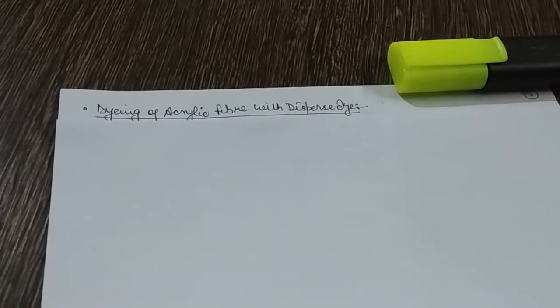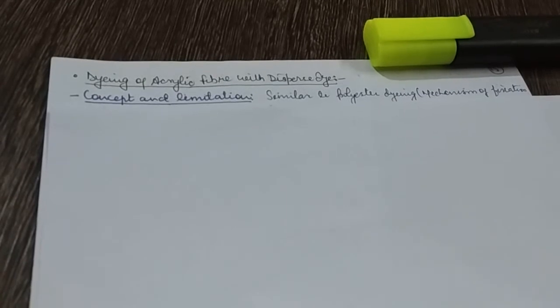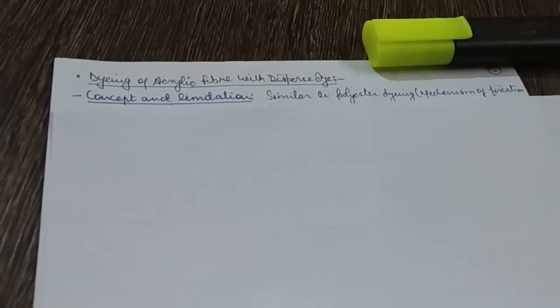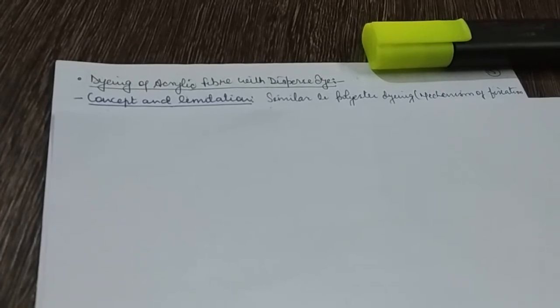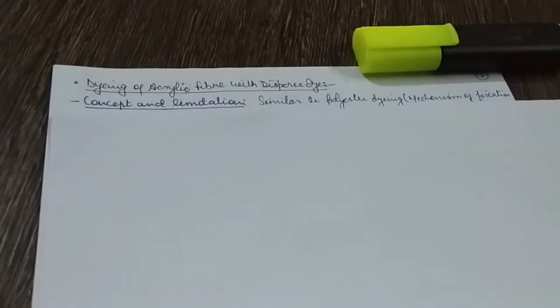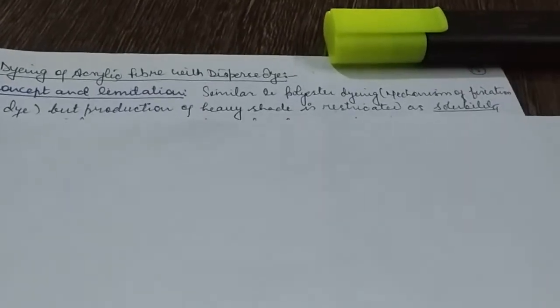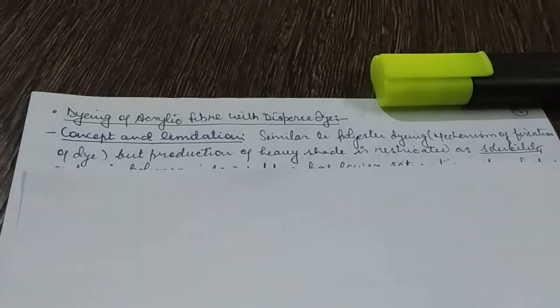In this way, we can dye the acrylic fiber also, because it is a man-made fiber. But there is an issue in the case of acrylic fiber due to its thermosetting nature and its high glass transition temperature. Dyeing with dispersed dye is not possible in deep shade or medium shade, but yes, we can dye the acrylic fiber in light shade using dispersed dye. So what are the concepts involved in acrylic fiber dyeing with dispersed dye, and what are the limitations? Similar to polyester dyeing, the mechanism of fixation of the dye is as we just discussed,